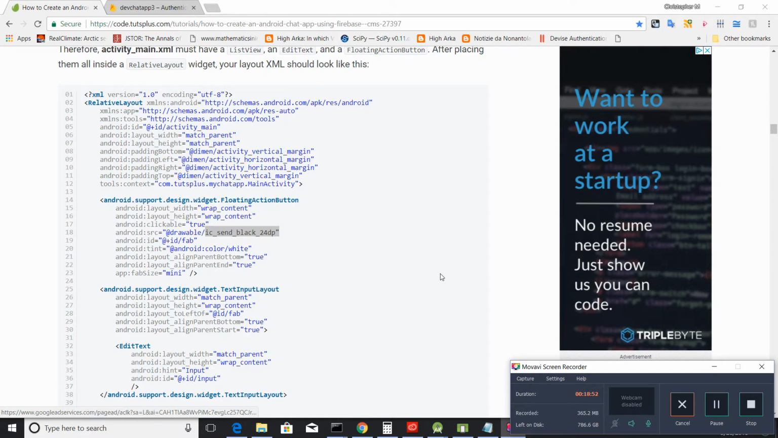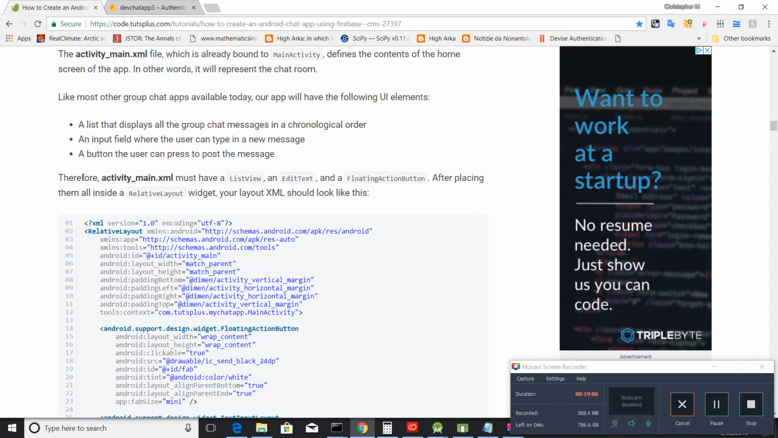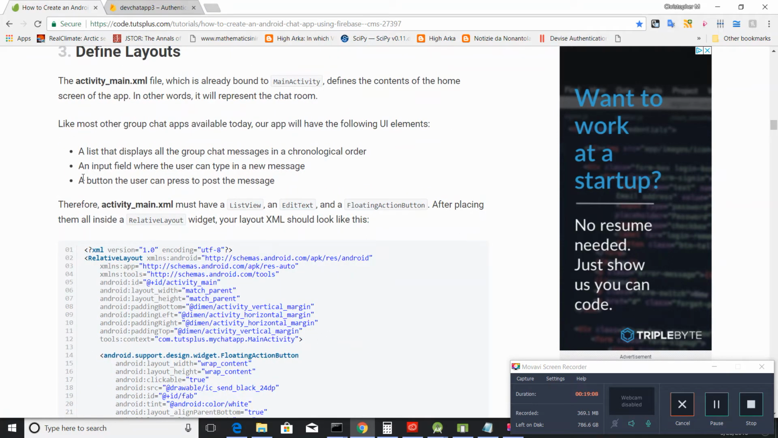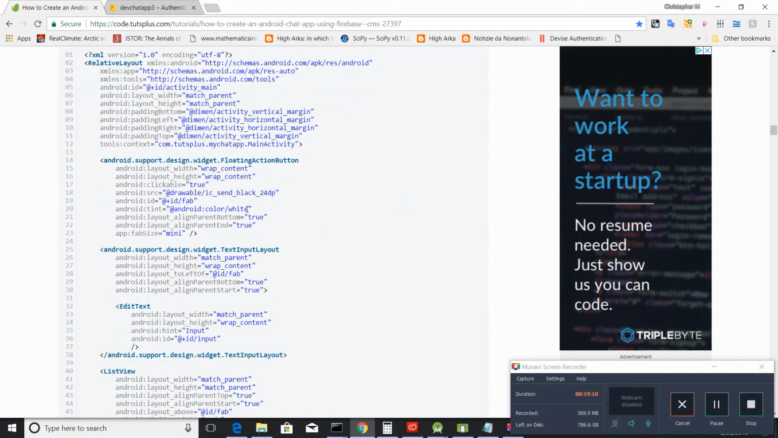Okay, so the one thing that you'll need to trace in this, there are several parameters that are provided, but again, we don't really have the source files, I think, listed in the tutorial. At least I didn't see any, so some things I did have to kind of source and trace on my own. If you do a Google search on this ic_send_black_24dp, it should pull up